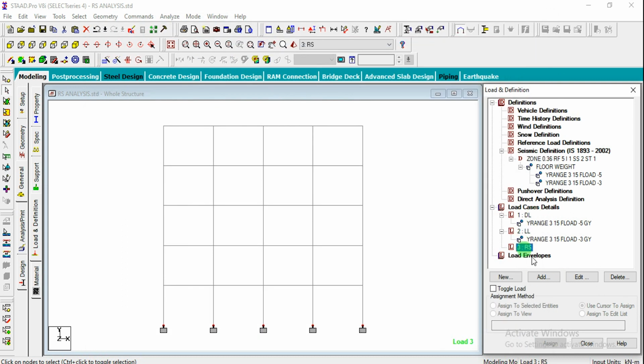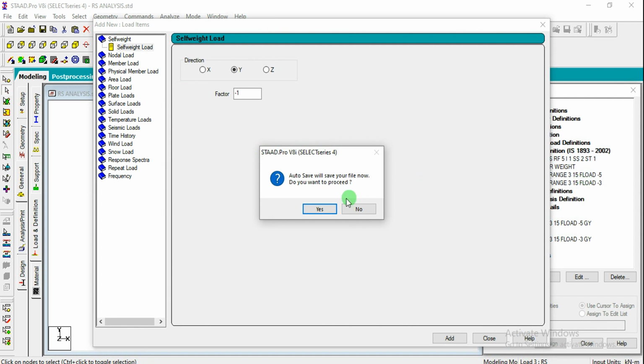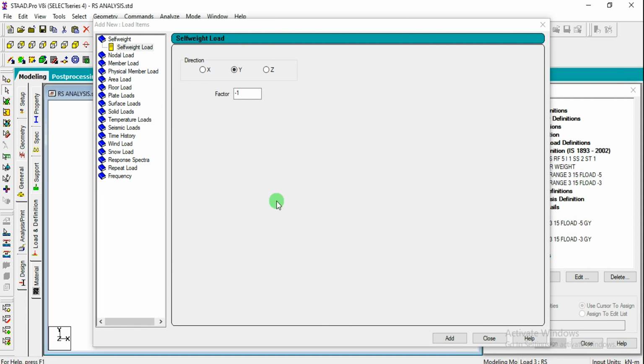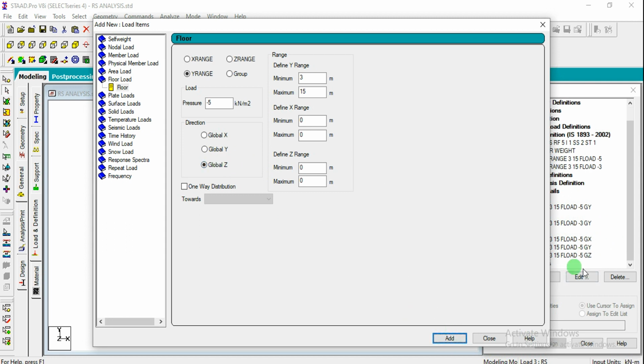So next one for RS, what we have to do is, in response spectrum analysis, whatever loads we have defined in the definition, that has to be assigned for all the directions X, Y and Z. Okay. So that's why I have taken only 2 loads. You can experiment with different loads there. So I have taken floor load. So dead load is minus 5 kilonewton per meter square, which is acting from 3 meter height to 15 meter height. So you have to select global X first. Click on add. Similarly global Y, add, and global Z, add. So you can observe that this load has been acting from XYZ directions, in all the 3 directions.